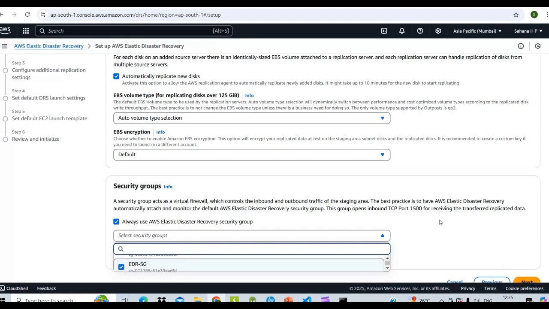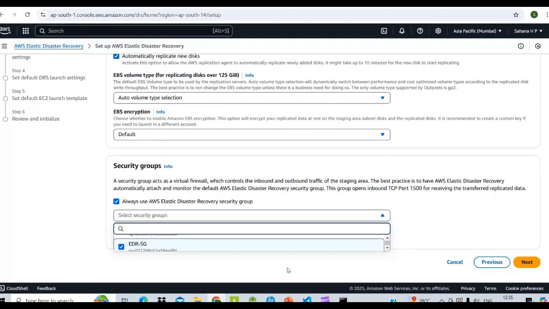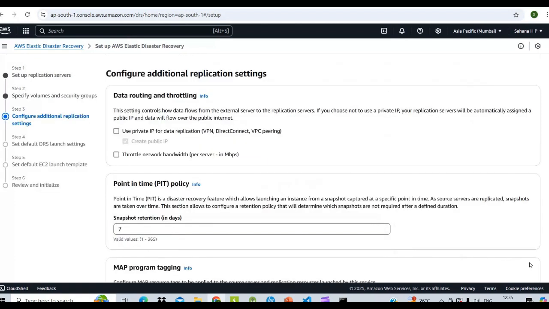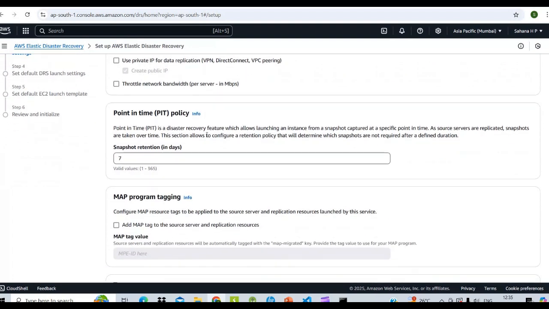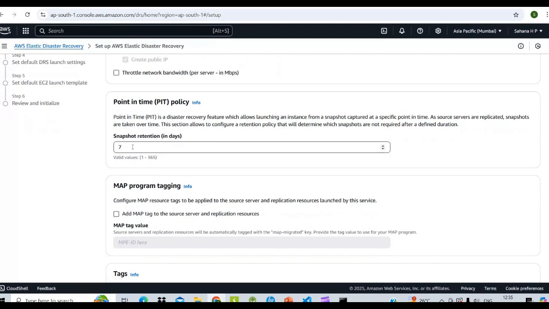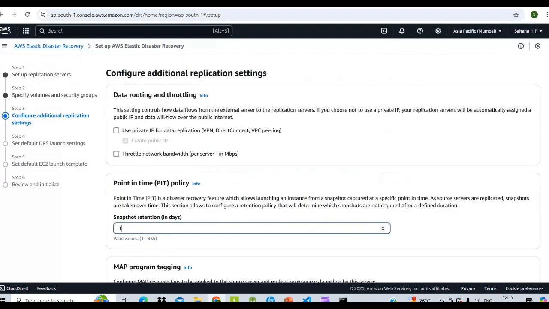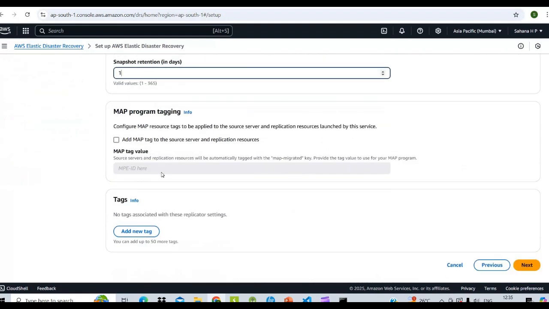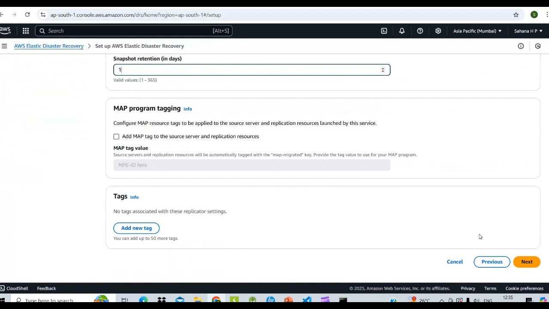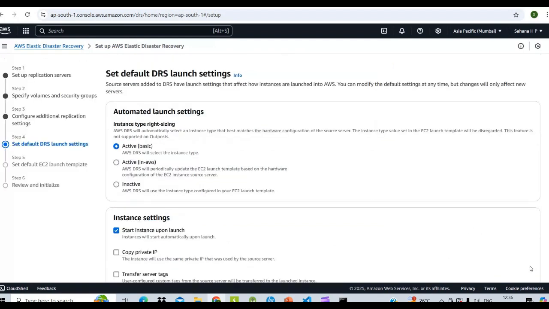This is the one we created, right? Click on next. The next is additional replication settings, and it asks for a snapshot retention of 7 days. Just change it to 1. The tags and using a private IP address, there is no need to change. Just set snapshot retention to 1 and click on next.